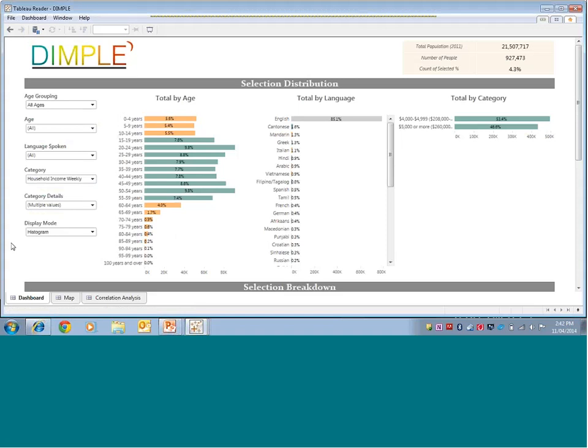And what you see here for the high-end earners of the Australian population, we see then the representation in terms of the languages that they speak and the age demographics. Now the colour coding here just indicates whether it's above index or below index compared to the Australian population. So the ones in green are over indexed and the ones in orange are under indexed.